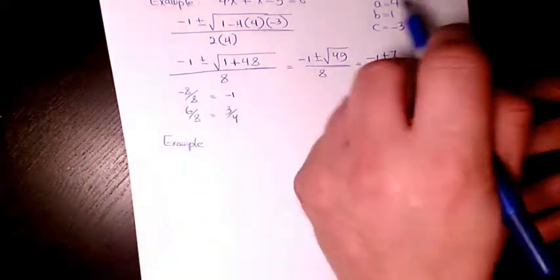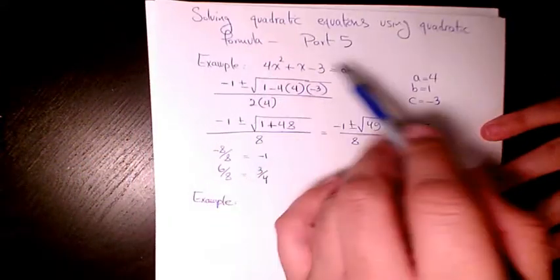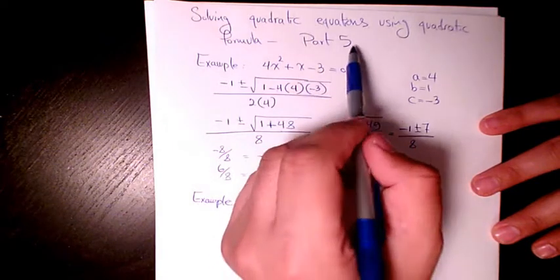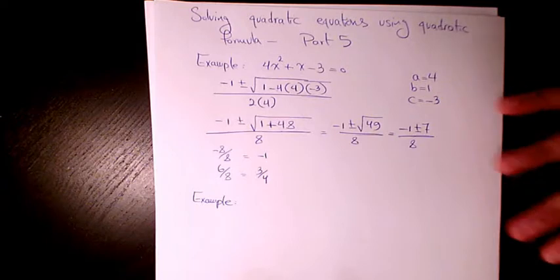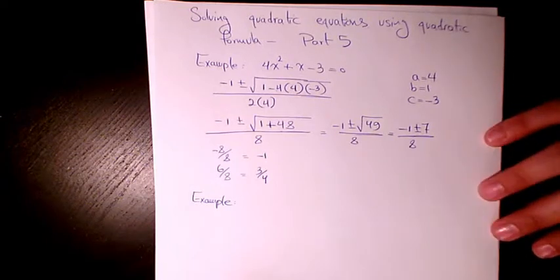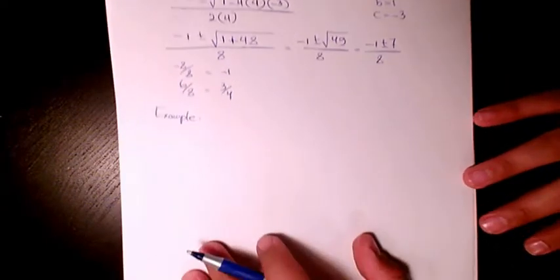We had the quadratic formula in previous parts. This is part 5. If you haven't watched those 4 parts, I recommend you go back and start from part 1. Next example, we have